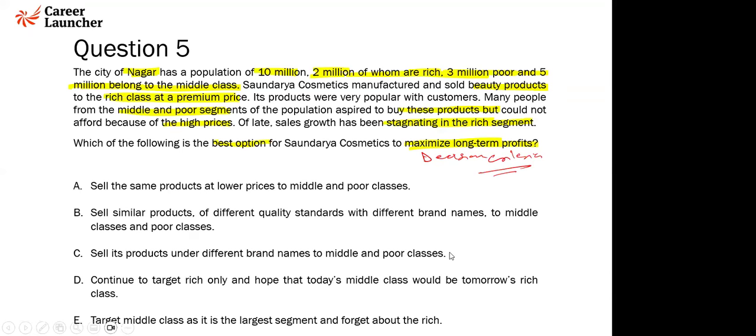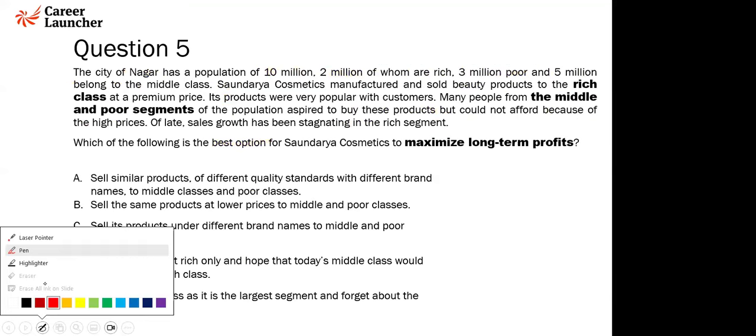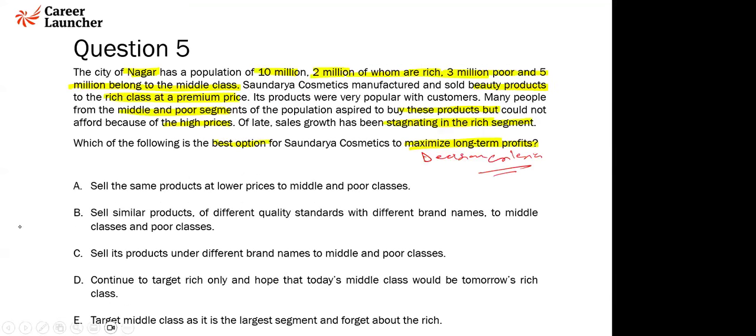Okay. Let me see what answers have been given by all of you. Okay. D, B, and A. C, even including C. So we have seen D, B, A, and C out here. No one for E, it seems. No one seems to be interested in E. That's fine. Let's get started.